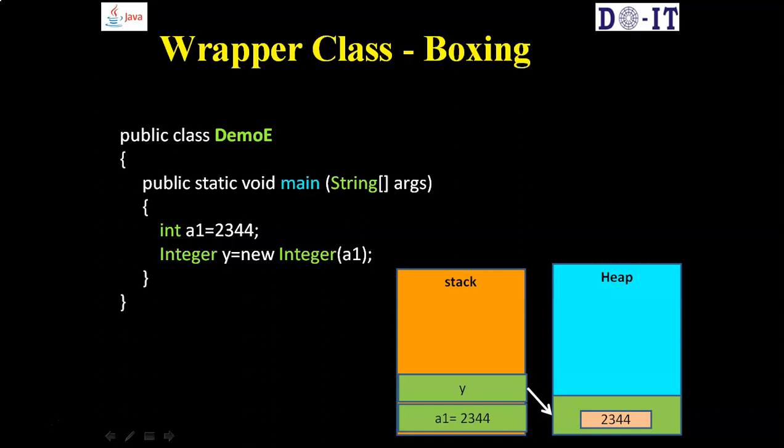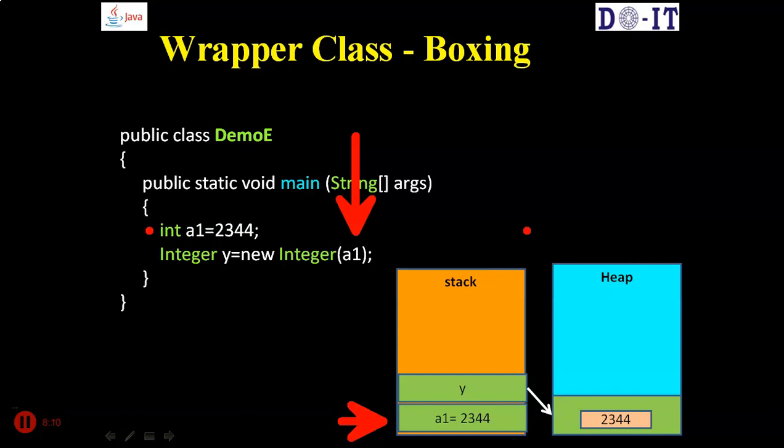Now, can I convert a value in a primitive type into an object by creating an object wrapper for it? Yes, Java provides wrapper classes. Integer, which we saw in the previous class that allows us to convert a string into a number, is technically a wrapper class. Now if you notice here in the first line where we declare an int a1 = 2344, which is actually a primitive type loaded in the stack. Now by passing the value a1 into the constructor of the class new Integer, an object gets created, and the value 2344 gets copied into that object,